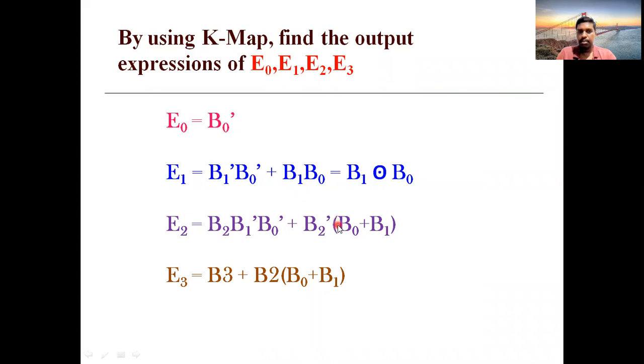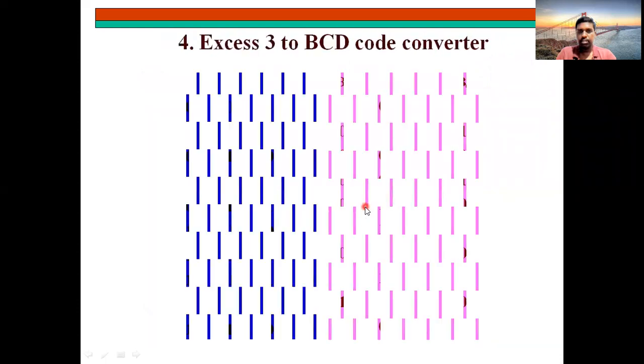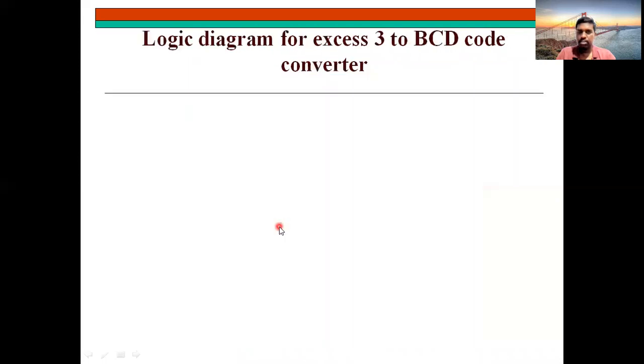Okay, then this is your diagram regarding the XS3 code. Now this is the reverse of this. Replace the blue line to here and the pink line to here. Just exchange the sections. This is the input section previously, now it becomes the output section, and this is the output section previously, now it becomes the input section.